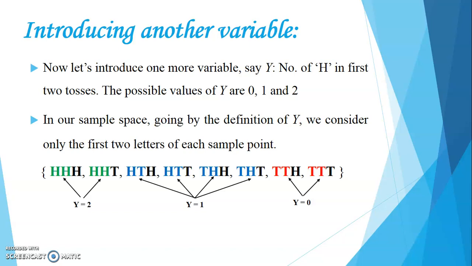So in your sample space, going by whatever definition of y we have written, we are going to consider only the first two letters now, denoting the first two coins. So notice the color coding that has been done here. When you have HH and HH in the first 2 points, y takes value 2. Alright. Next you have HTH, HTT and so on. We are considering only the first two letters. So in the next 4 options, if you observe, there is H only once in the first two letters. So these combinations indicate y equal to 1. The last two cases stand for y equal to 0.